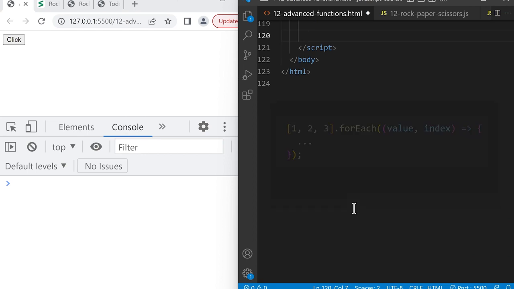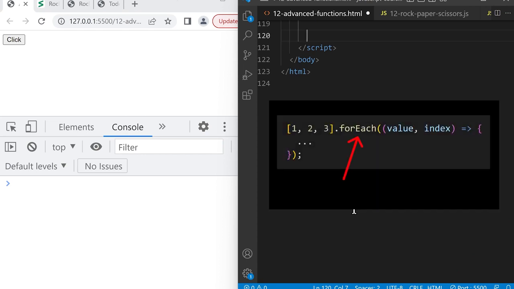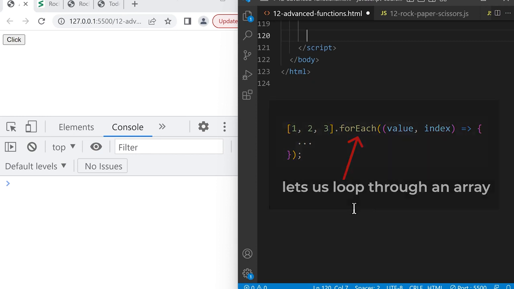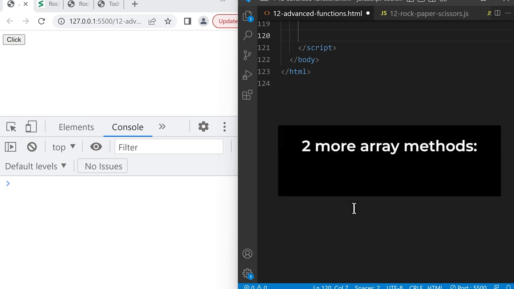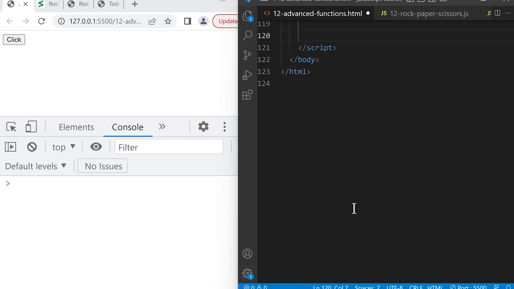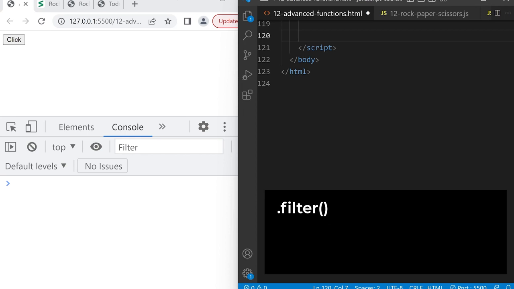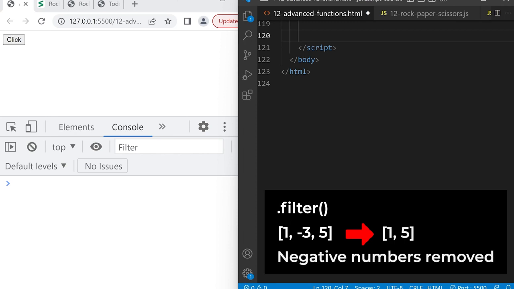So in this lesson, we learned the array method forEach, which lets us loop through an array. Now we're going to learn two more array methods called filter and map. So let's start with filter. Let's say we have an array of numbers and we want to create a copy of this array with all the negative numbers removed. So let's go up here and create an array of the number 1,